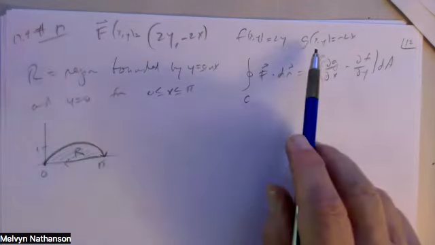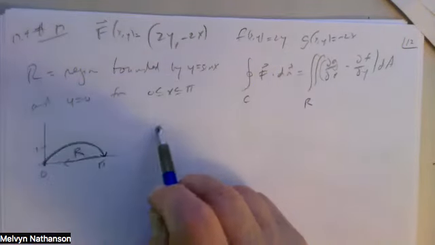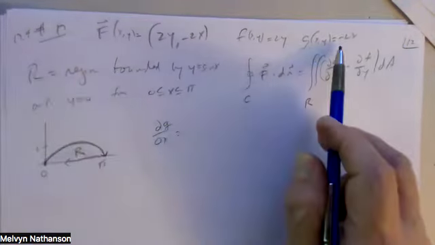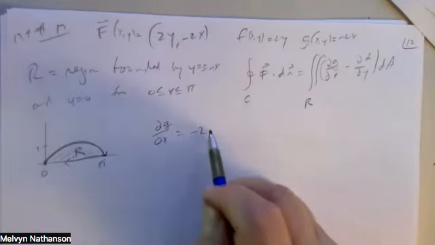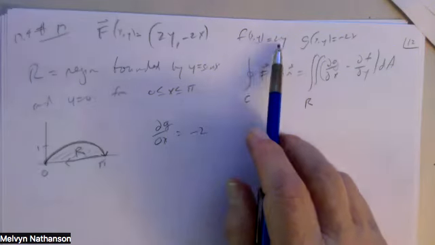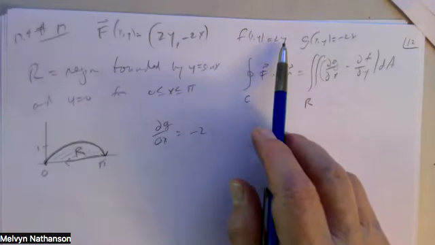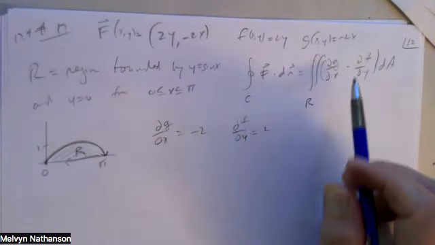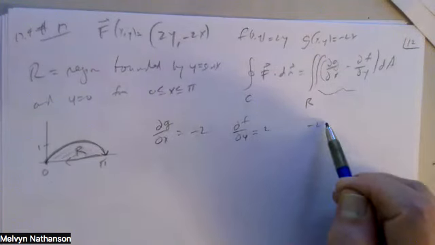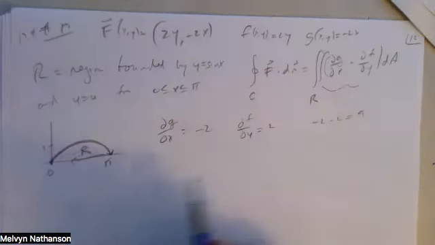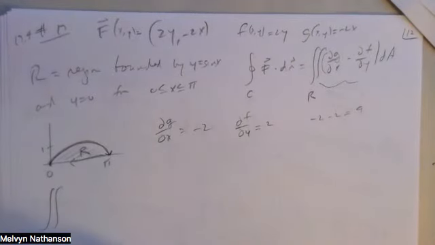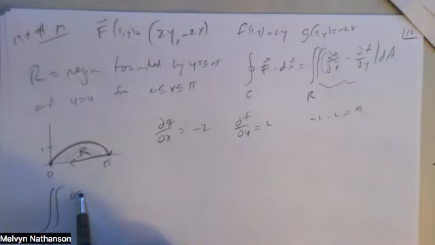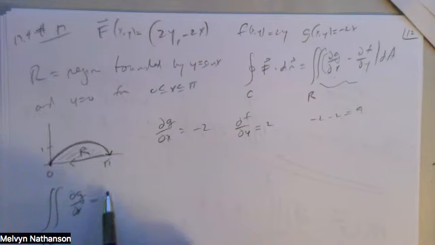Let's see. What is the partial of g with respect to x? Minus 2x differentiated with respect to x is minus 2. What is the partial of f with respect to y? Derivative of 2y with respect to y is plus 2. So this minus this is minus 2 minus 2, or minus 4. So on the right-hand side, the double integral over R of partial g partial x minus partial f partial y